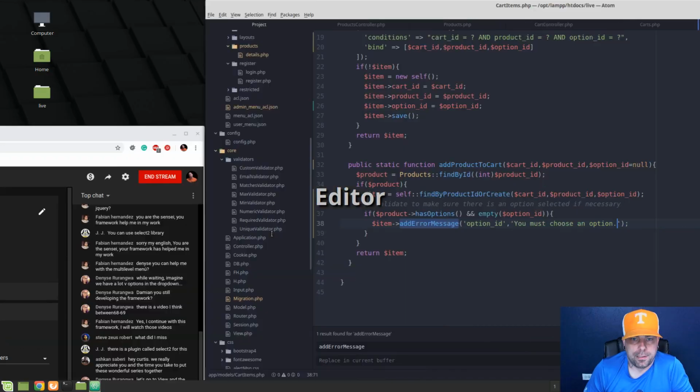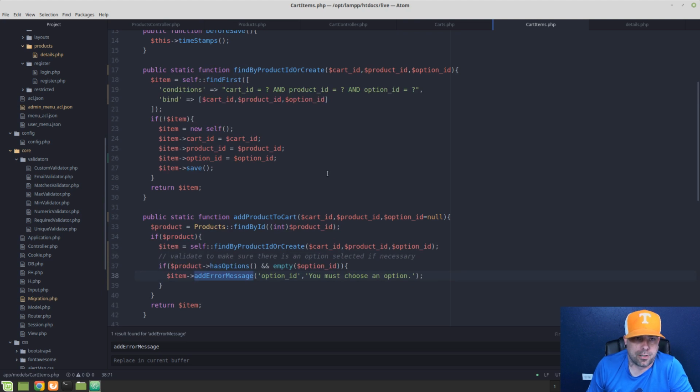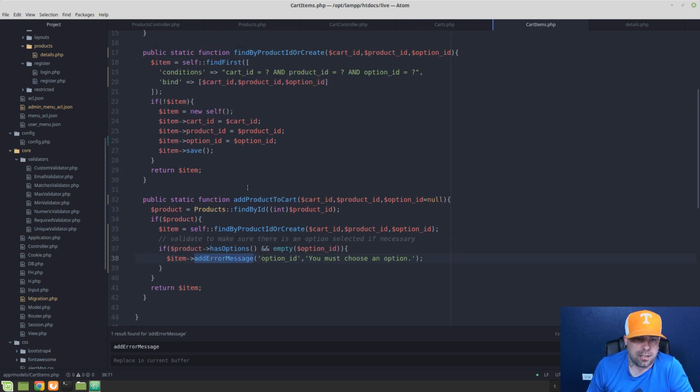So what's going to happen here, it's going to be a little bit broken, because we're going to try to add it without an option. It's going to come in here, and it's going to find a product. As long as the product exists, it's going to look for this item. Now this item is going to look to see if that's already in the shopping cart. If it's already in the shopping cart, then it already has an option item. So let's skip that. If it doesn't, it's going to create a shopping cart item, and it's going to go down here to save. So maybe